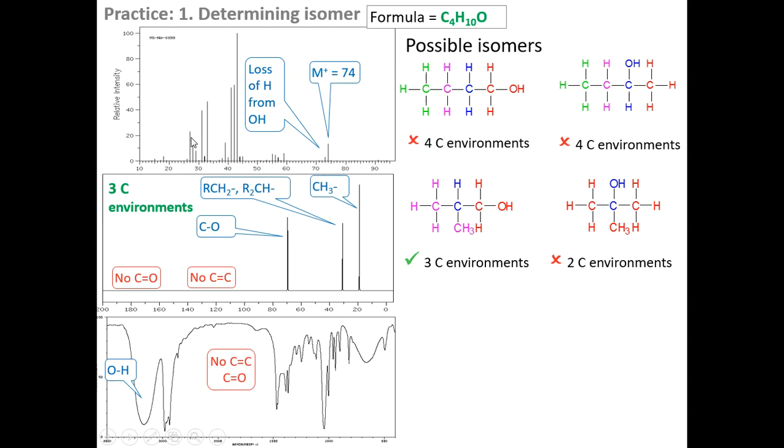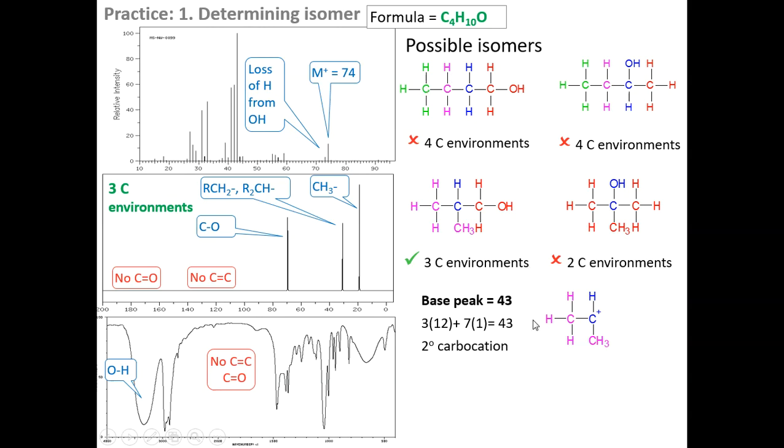So we've got to look at the fragment patterns. And if you have a look, the base peak at 43 is a 3 carbon fragment, a propyl fragment, which you can see clearly can come from this. So when you draw it, remember to draw that positive charge on the carbon. Don't just draw it anywhere, it has to be on that carbon. You can't get this 3 carbon fragment from the fourth option or the second option,